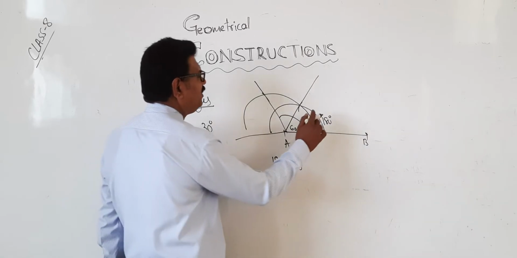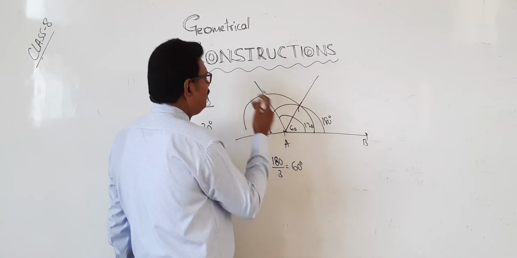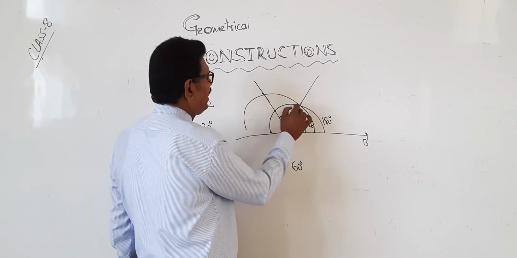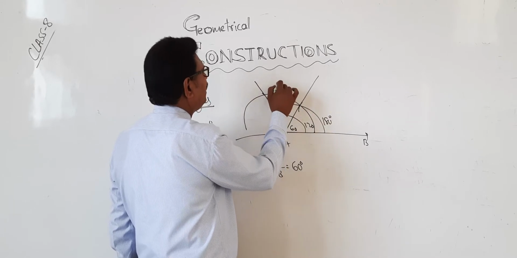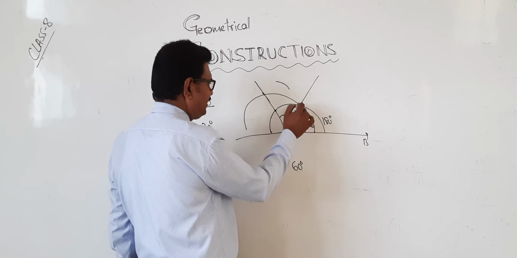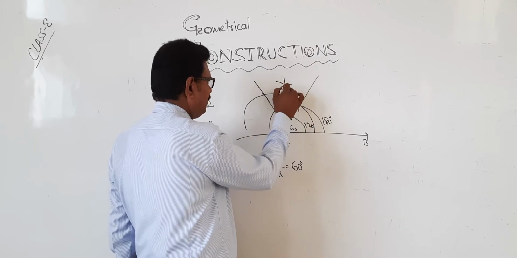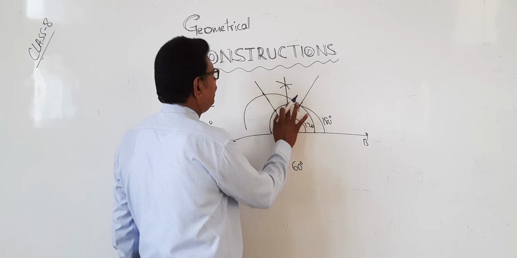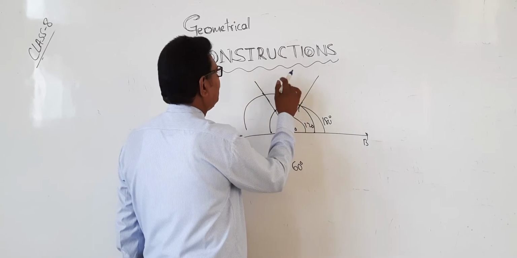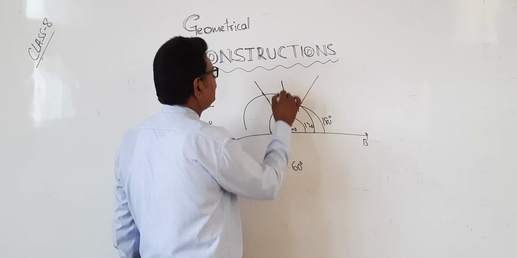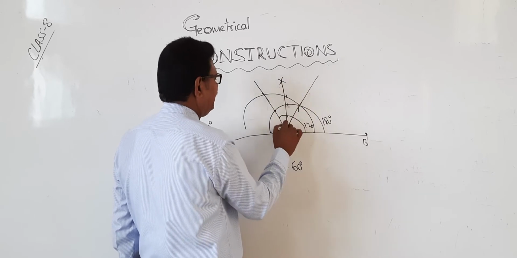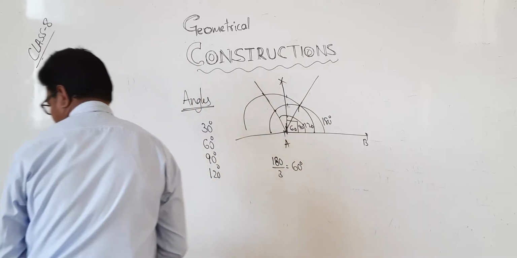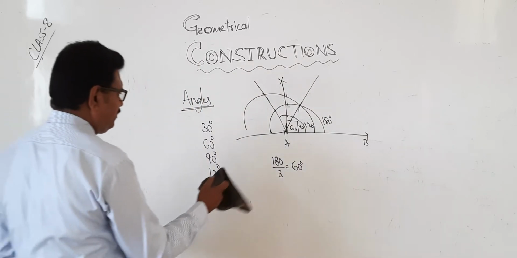Did you understand? This first one is 60, from here to here 120, total angle is 180. Very simple. See now, from here and from here, you just draw a mark like this. From here you cut the dot. When you join, yes, if you join properly, it will come 90 degrees. How much is it? 90 degrees. Now I will show very clearly.